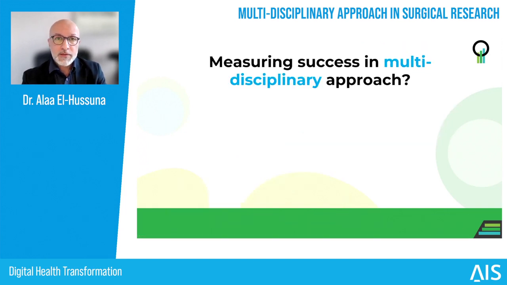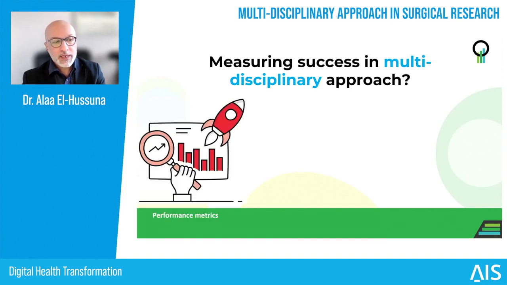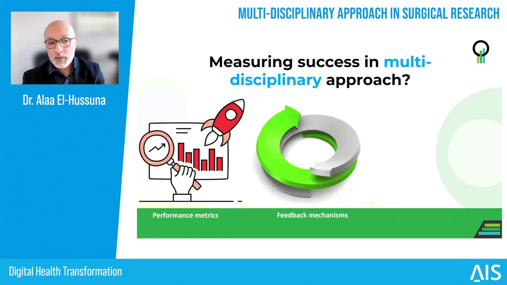How can we measure the effect of the multidisciplinary team approach? So we are proposing this approach, and we should also propose some kind of measurements so that we can prove that we are doing better than the traditional approach, for example. So one way is to use performance metrics: what we are heading to and how far we are from the goal. Another way is to use a feedback mechanism. The team will work together and try to understand what has been done, what was good, what was less good, and how to improve it.